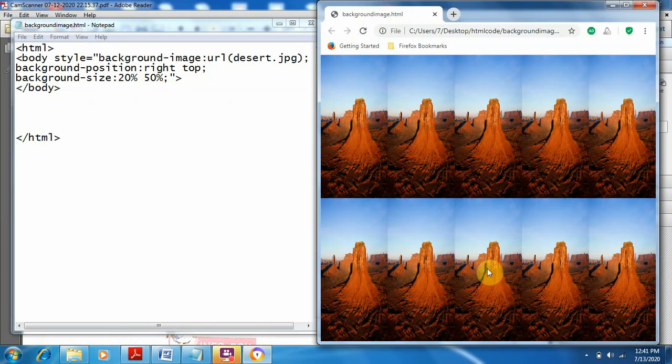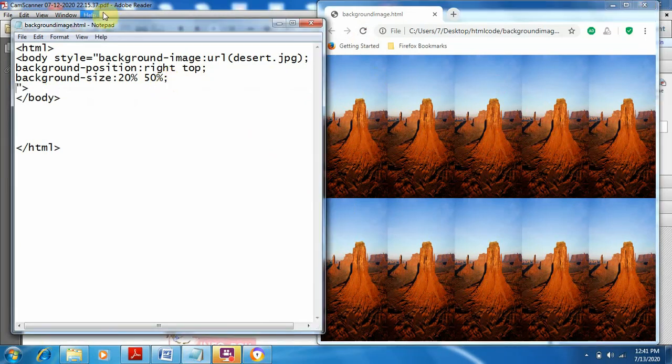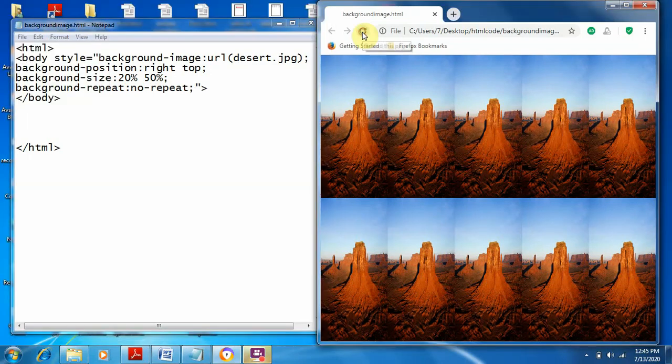It repeats the image again and again. If we want to ignore this repetition, then we write background-repeat, no-repeat. Okay, now save this.